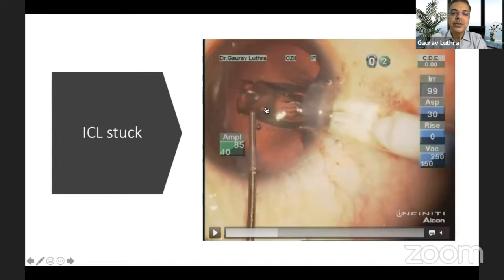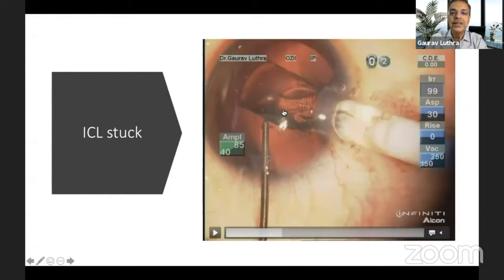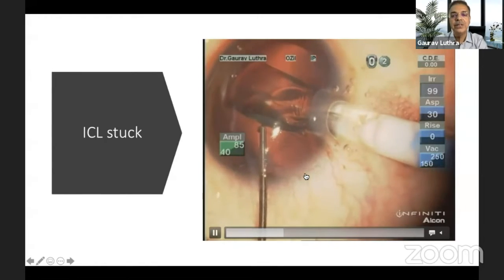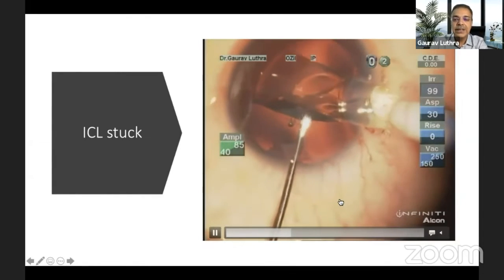But as I watch how the ICL is unfolding, sometimes you take your view away from the incision and from how well you're putting counter traction. If you stop for a moment, you can see what's happened. The cartridge tip, when I started off, was right there, and now it has slipped back because the counter pressure was not good enough. As I observed how the ICL was unfolding, my cartridge tip is now outside the wound. Now this you should never allow to happen because now you'll have to deal with this ICL, which you can't push through, obviously. So how to deal with a stuck ICL?